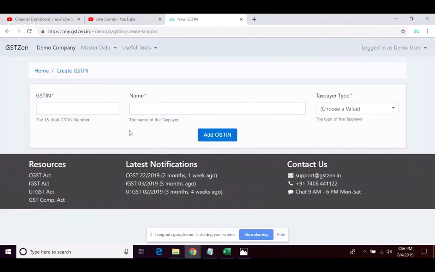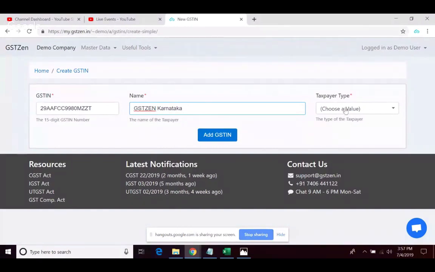So I'm adding a GSTN number, so you can add your 15-digit GSTN number. In fact, the moment you add it, you will automatically get the name of your company. Those who have multiple accounts, multiple branches, you may choose to change it for your ease of understanding. I can say Unit 1, or say this is a Karnataka account, I can say Karnataka. So when you see the multiple list of accounts, it is easy for you to understand which is the account you would want to process, because it is difficult to trace a GSTN ID with the unit by state